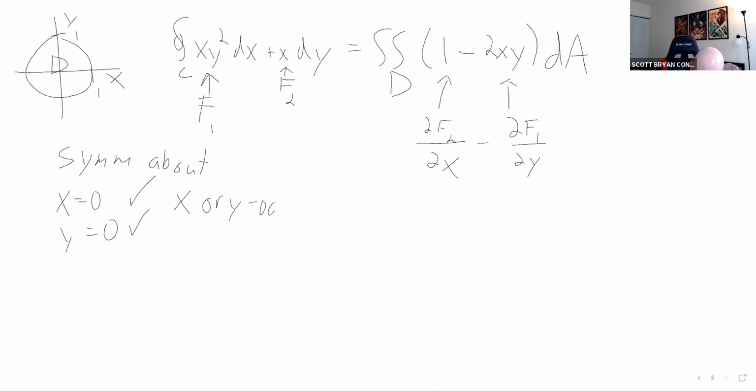So any x or y odd terms are going to integrate to 0 in our integrand. So we're integrating 1 minus 2xy. Do we have any x odd or y odd terms? We do. The 2xy is x odd and y odd, so that is going to 0